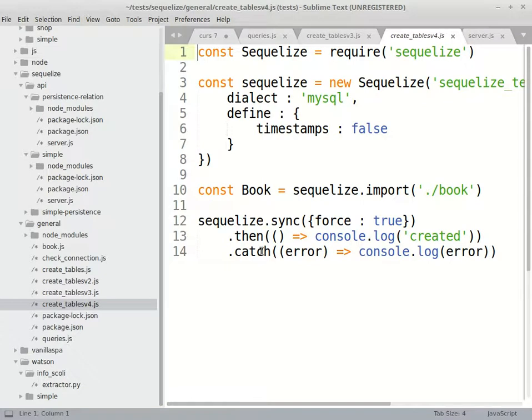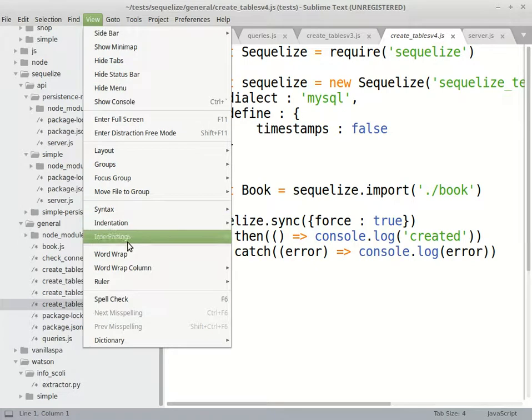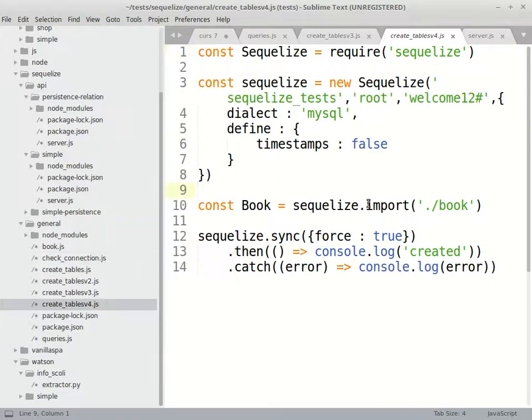Okay, the last thing we want to talk about when talking about entity creation is going to be the fact that we're probably going to want to store models in different modules, right? So in different files, so we can better manage them. And in this case, all right, let me just wrap this. In this case, we're going to store them separately and then use Sequelize import. Now, in order for Sequelize import to work,